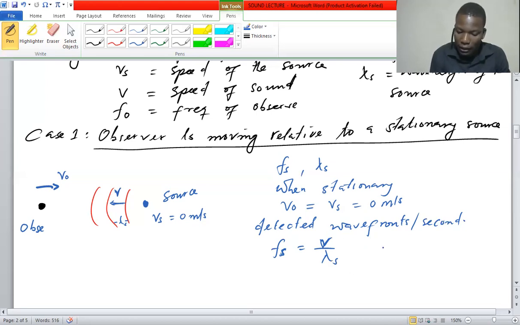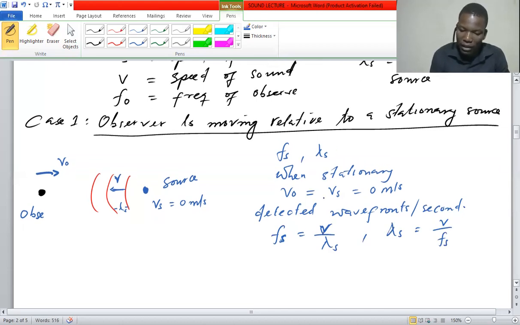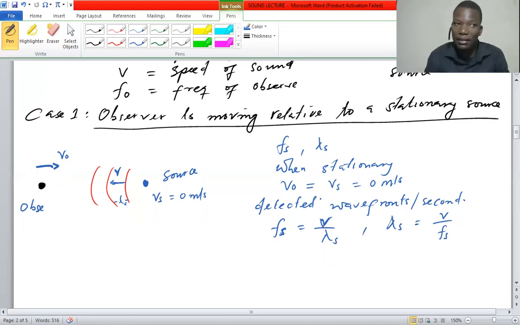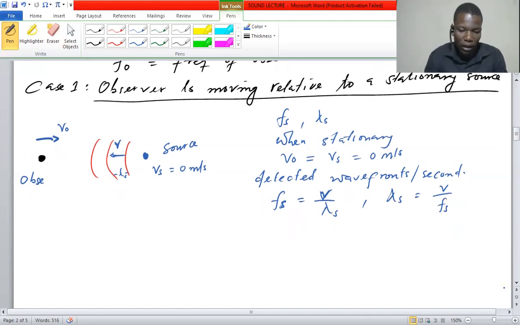Okay, and this can be written in this way. So when they are stationary, the observer and the source, the frequency of the source is going to be equal to the frequency of the observer. Okay, so now when the observer begins to move towards the source,